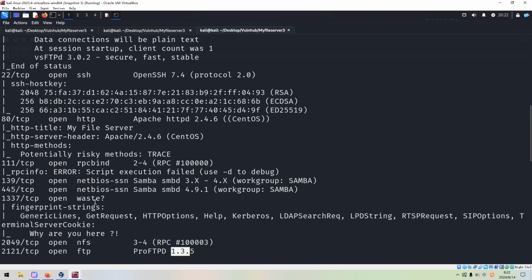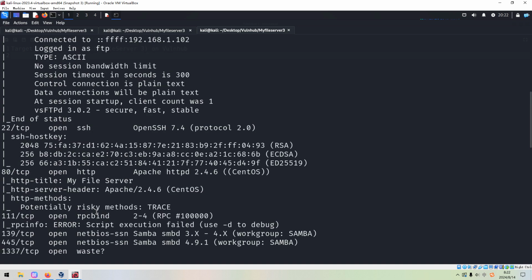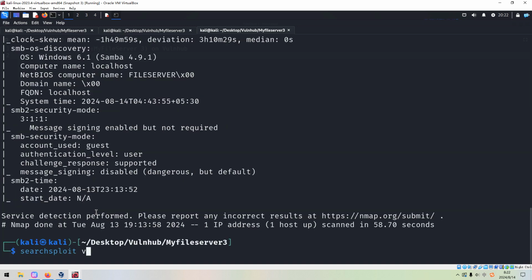So next, how to proceed, just as I mentioned. Of course, this is my personal methodology. I have already spoken about this over and over again in my channel. If the target has a file sharing service running, we should choose such a service to become the first choice to enumerate. So in this case, it should be the FTP. First of all, we need to check whether this version of vsftpd has a vulnerability or not.